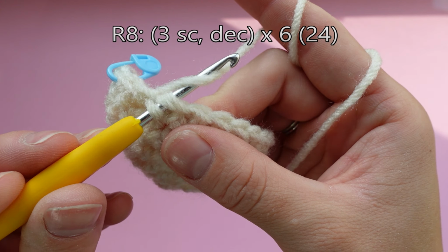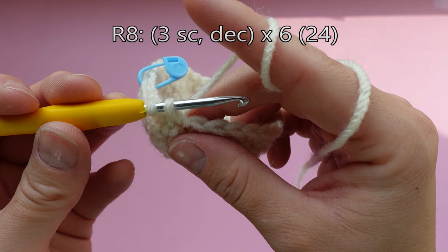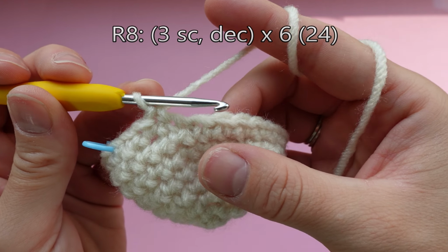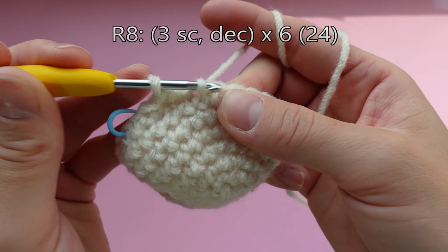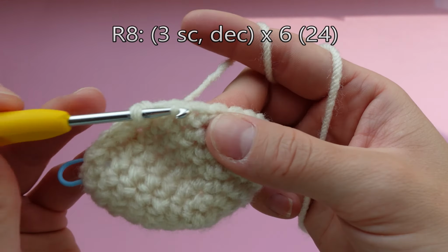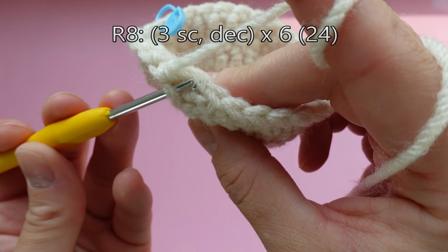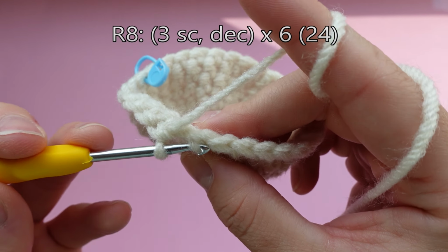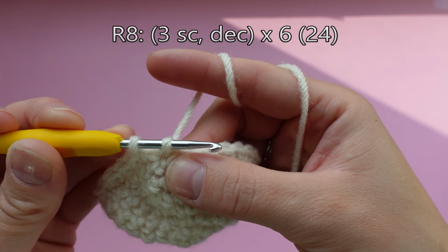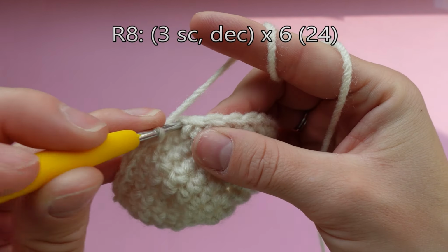And now we're going to yarn over and pull through those 2 loops, leaving 2 loops on your hook like this, and then yarn over again and pull through 2 loops. So that just combined both those stitches into just 1 stitch, and then go ahead and make another 3 single crochets in the next 3 stitches. And now we're going to do another decrease, so front loop only of the next stitch, front loop only of the stitch after that, yarn over, pull through 2 loops, and yarn over, pull through 2 loops. And then single crochet,